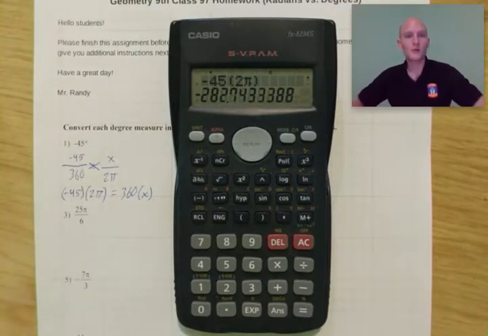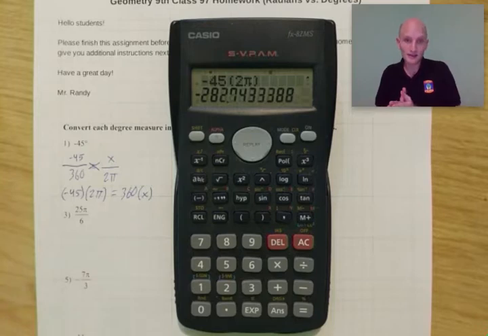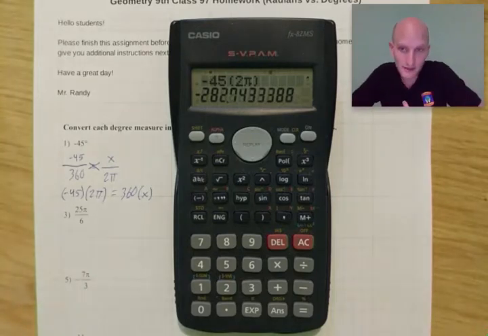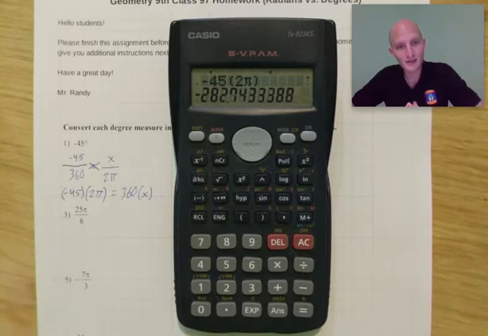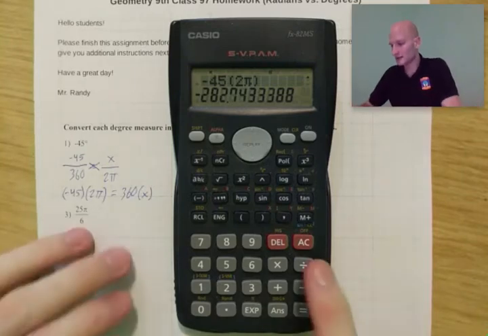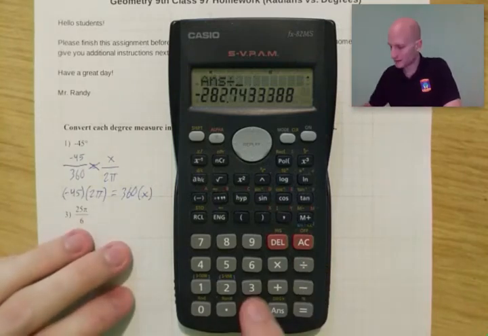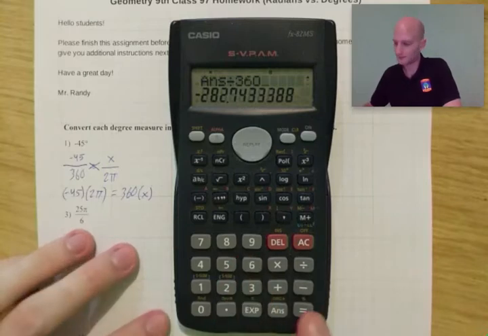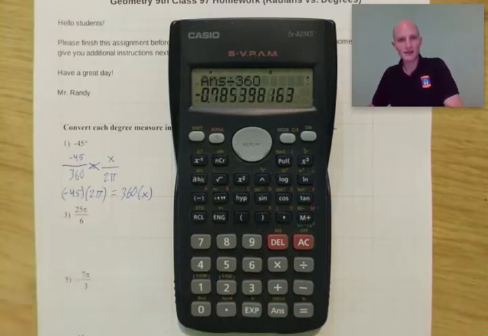282.7433388. Now we want to get the x alone, so divide. The negative 282.7 is the entire left side, right? So divide both sides by 360. We're going to go divide by 360, and you get negative